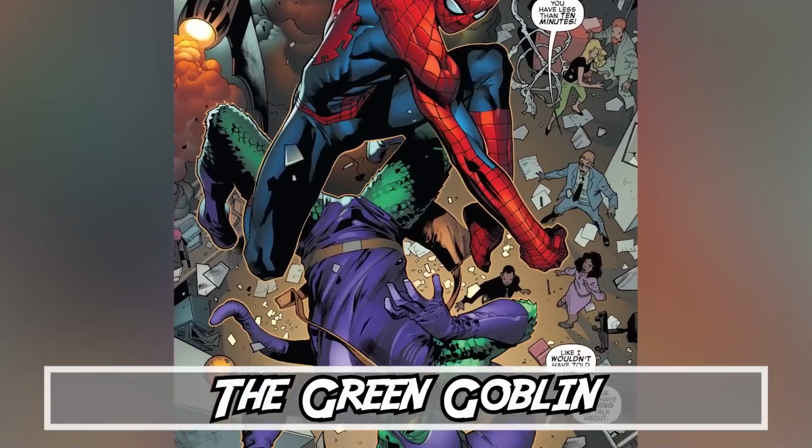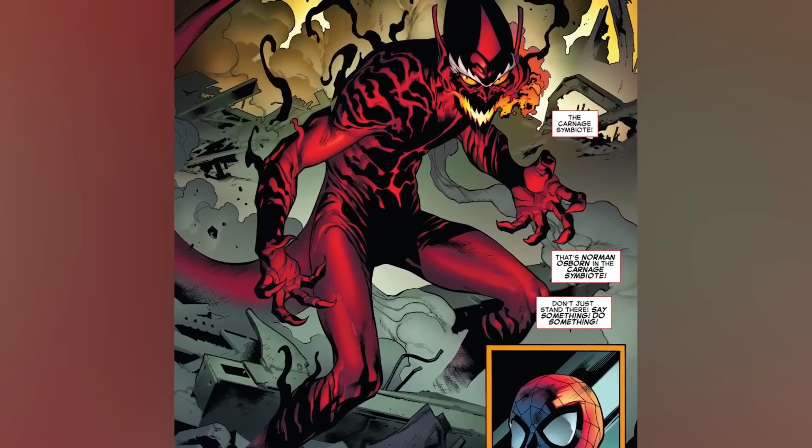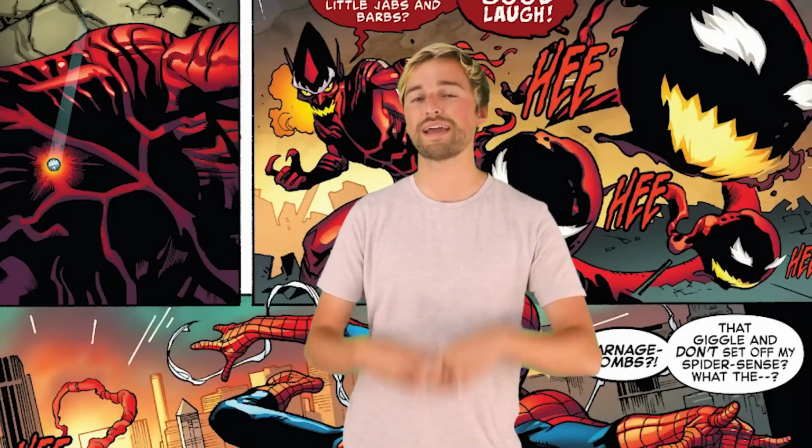At number 5 is the Green Goblin, aka Norman Osborn. As if this villain wasn't enough of a contender for Spidey to deal with before, he actually takes on the Carnage symbiote, turning him into the Red Goblin, as mentioned before. This makes him nearly unstoppable, forcing the good guys to employ anti-venom on him in order to take him out